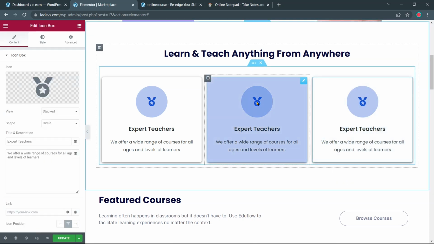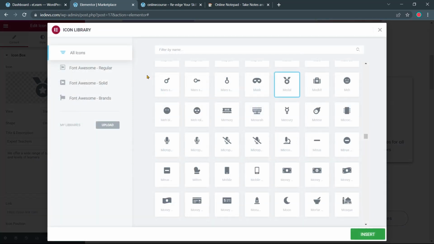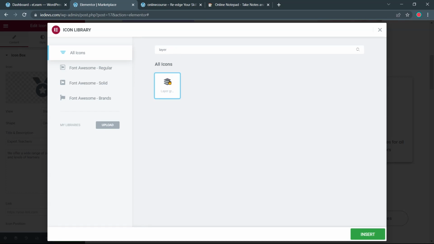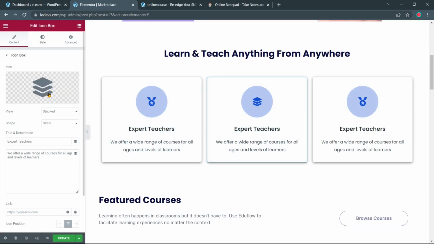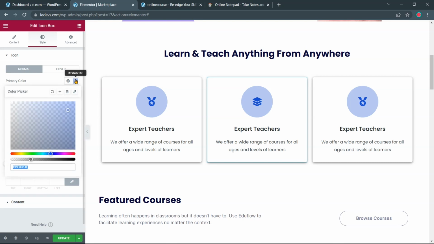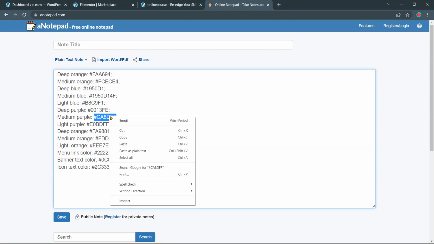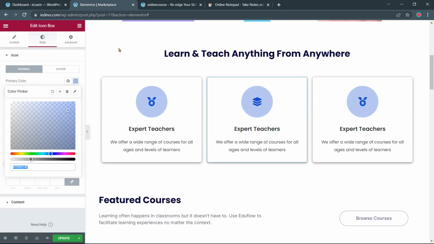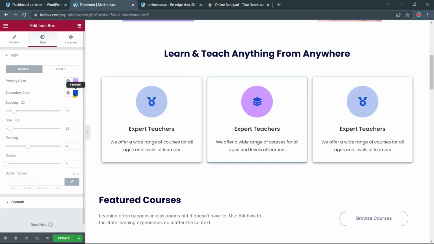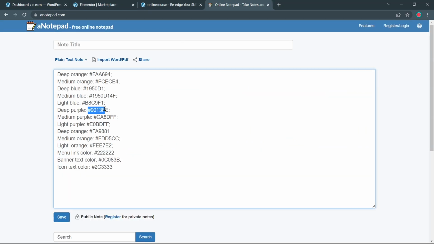All I have to do is change the colors and icons. I'll open the icon and search for layer gallery. This is the icon. Then let's open style and change the primary color first. I'll go back to the notepad and copy the medium blue color and paste it inside this colors option. Next is the secondary color. This time I'll copy the deeper purple color